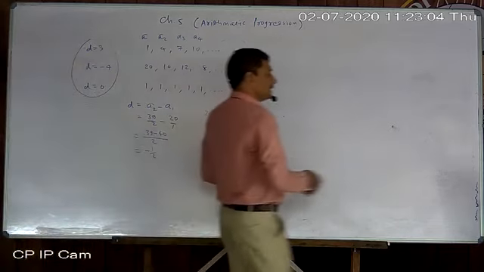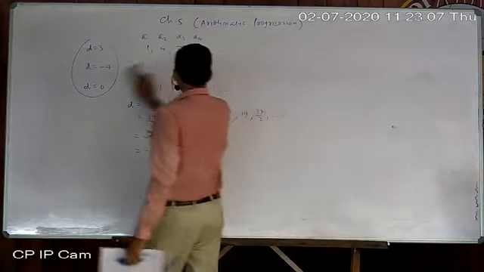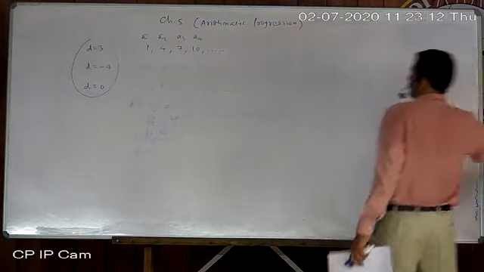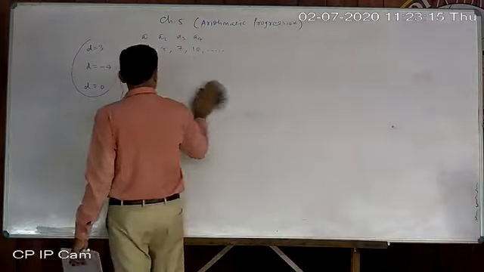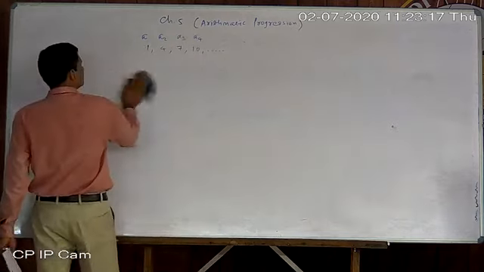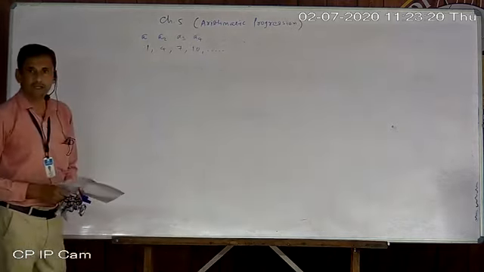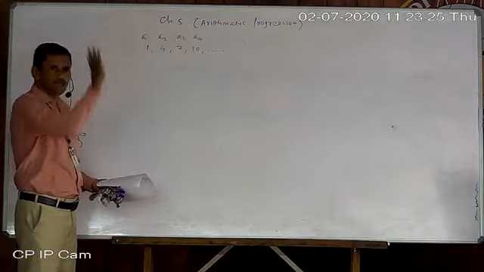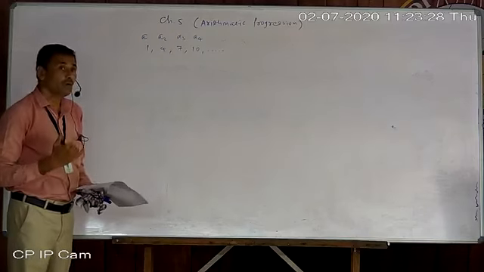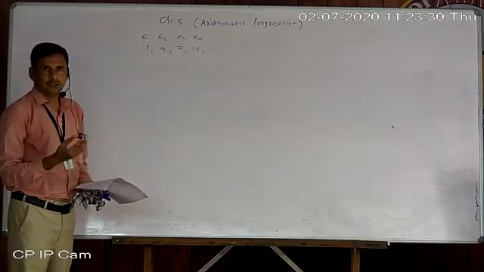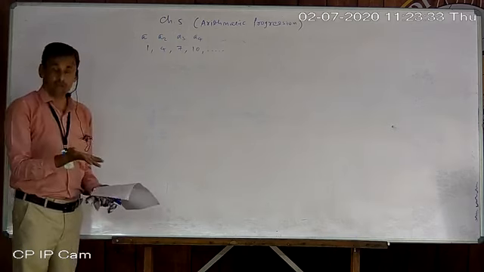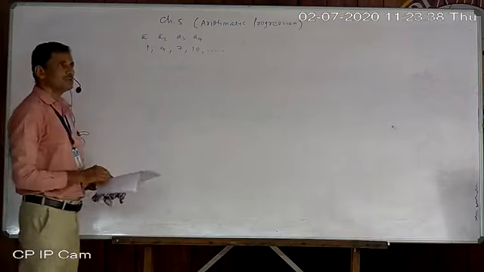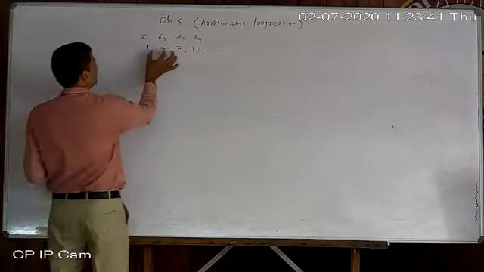Now suppose, going ahead in the first progression, I want the next few terms also. Then you can say, sir, the next terms will be 13, then 16, then 19. Why? By adding 3, 3, 3, you can write all succeeding terms. But if I want directly the 58th term or the 163rd term, then how to find it directly? Don't go continuously. For that purpose, we can make some link here.